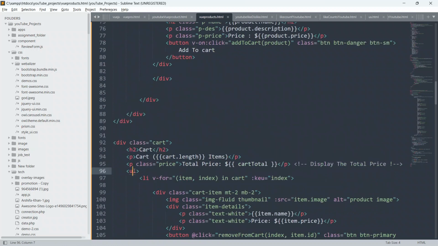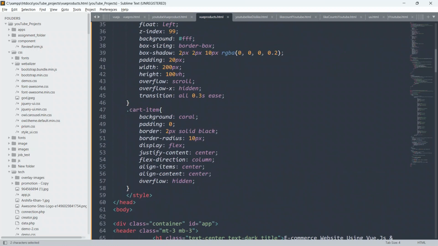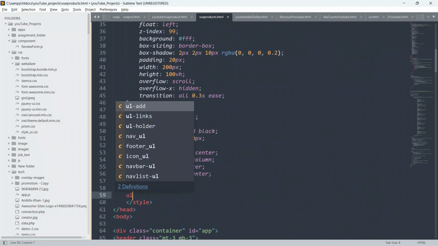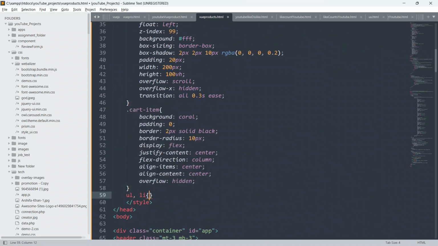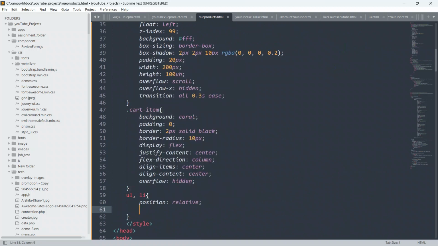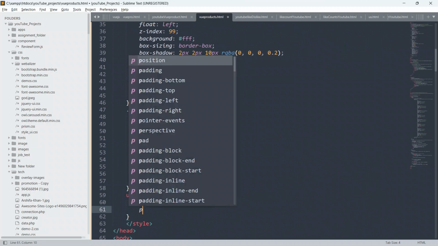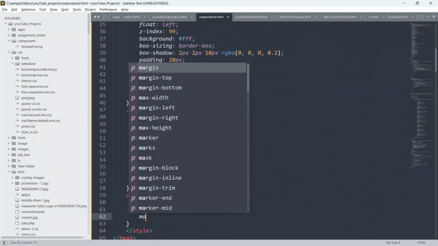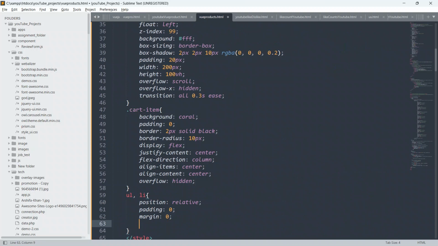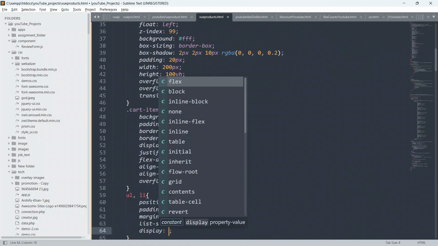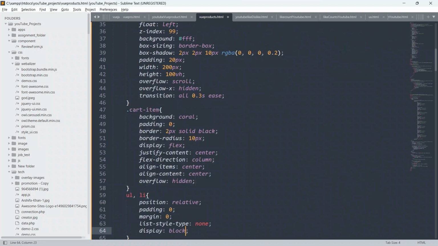Okay, UL and LI. So just go here in the style sheet, UL comma LI, and give position as relative, and give padding as 0, give margin also 0, and give list-style-type as none, and give display as block.